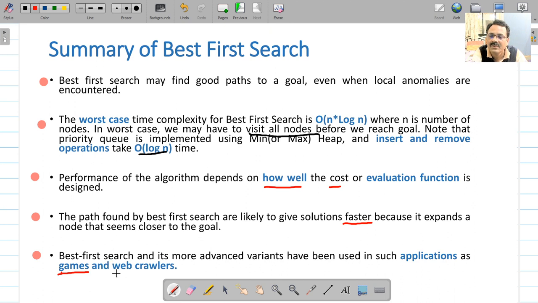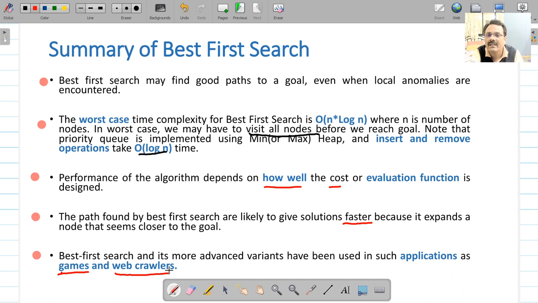Similarly, it is used in web crawlers for selecting the web pages connected to the current page. The page which is closest, best, to the current page is selected. That is how a web crawler functions. So this is how best first search works.